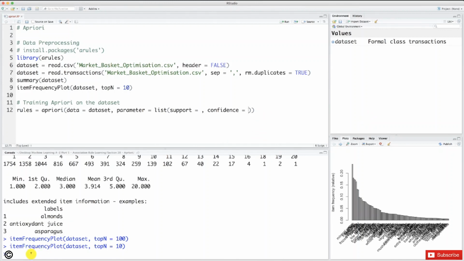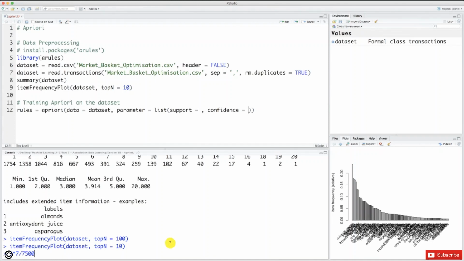So let me re-explain that by writing this here. So, okay, we said we considered the products that are purchased 3 times a day. So that's 3 here. Then since the total number of transactions were registered over a week, that means that if we consider the products that are purchased 3 times a day, they're purchased on average 3 times 7 times a week. So this 3 times 7 equals 21 here is the number of transactions containing this product bought 3 times a day over the whole week. And now we need to divide by the total number of transactions to get this minimum support. And the total number of transactions is actually